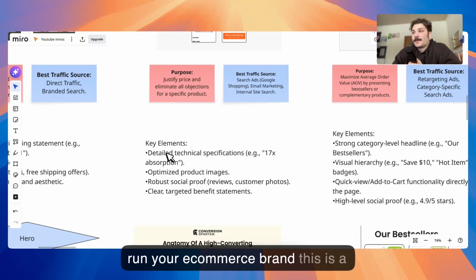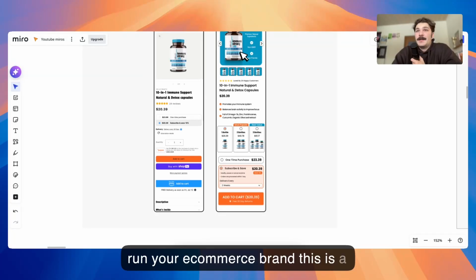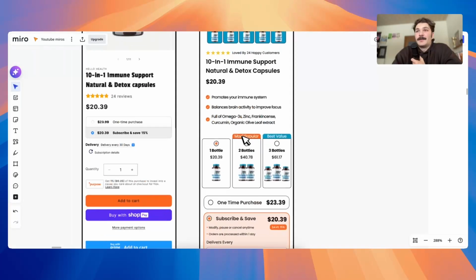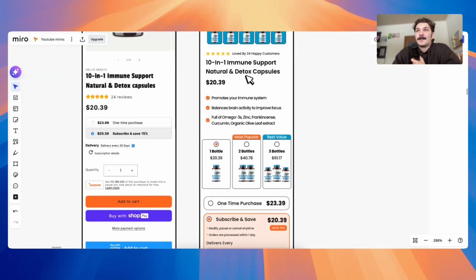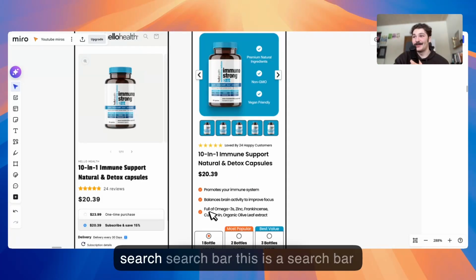detailed technical specifications. For example, if you were selling a supplement, this is a detox capsule, so you can note all the vitamins that go into your product. And I've seen brands who don't do this, which is crazy. I'm not going to buy something that I am supposed to put into my body, and you don't tell me what it contains. That's crazy. And so people just click off